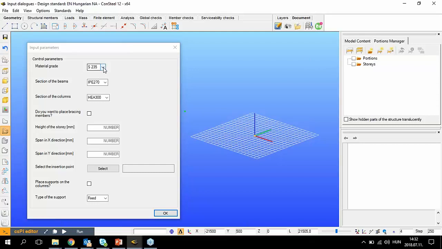what kind of material grade I want to use to generate my structure. Let's say I want to use S275. What should be the section of the beams? I have created a small drop-down menu where I can choose from IPE sections. Right now, let's say I want to use IPE